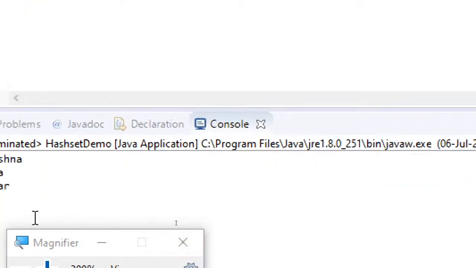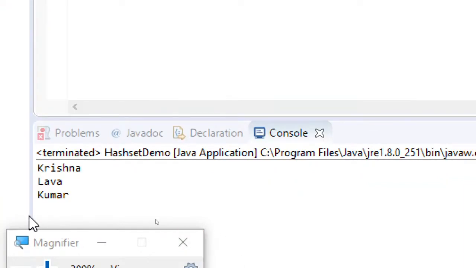I hope you are able to find the difference. Whatever order I have inserted, that order you are able to see. So that's the difference with linked hash set. The name itself makes you understand linked hash set is a kind of combination of a hash table and linked list. Even though it's an implementation of set interface which inherits the hash set class, it's something like a combination of hash table and linked list.